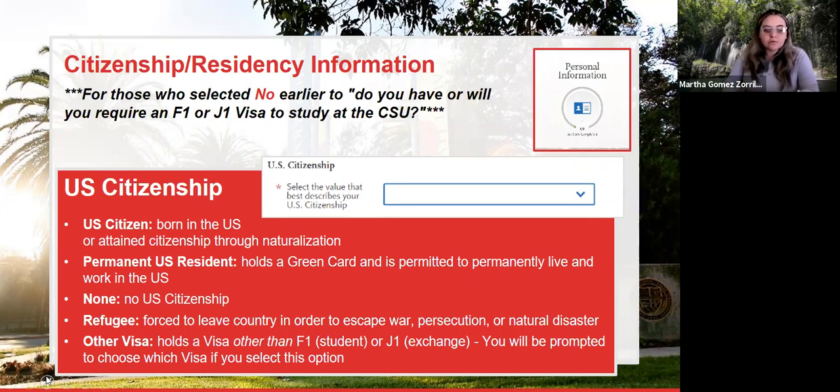If you're a refugee or if you're on a student visa, then this is where you would select and let the Cal State know where you stand with your citizenship status. So it'll start with that. And then on the next slide, it should talk about